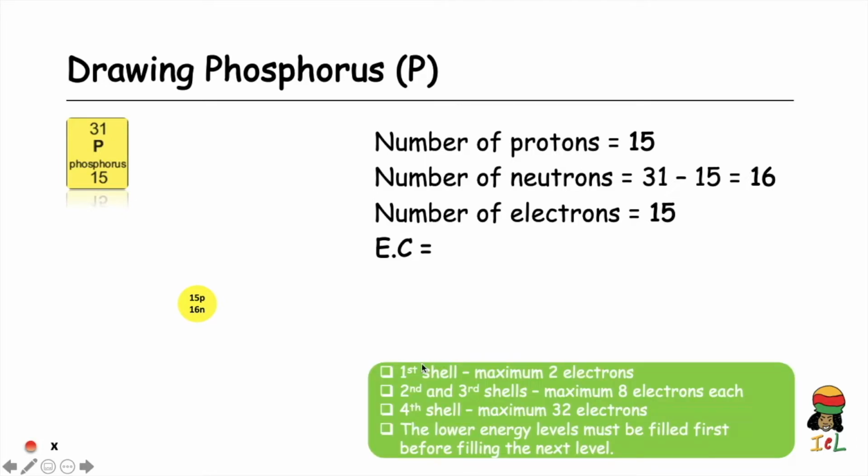Let us do a quick recap of the rules. The first shell holds a maximum of 2 electrons. The second and third shells hold a maximum of 8 electrons each. The fourth shell, a maximum of 32. And of course, the lower energy levels must be filled with the maximum number of electrons before drawing the next shell for electrons. Since we have 15 electrons to be placed or arranged on the phosphorus atom, the first thing